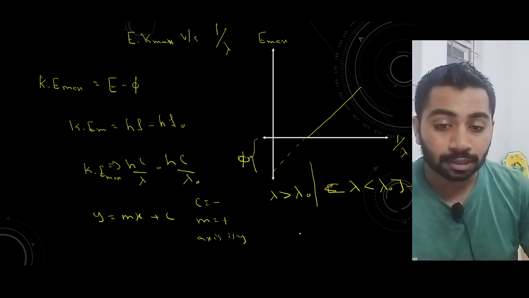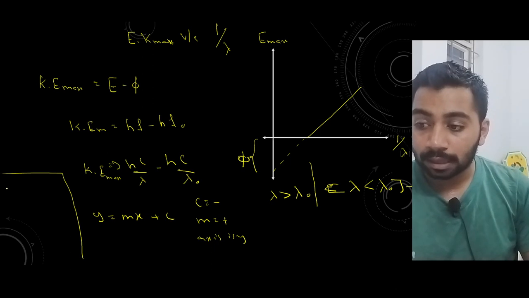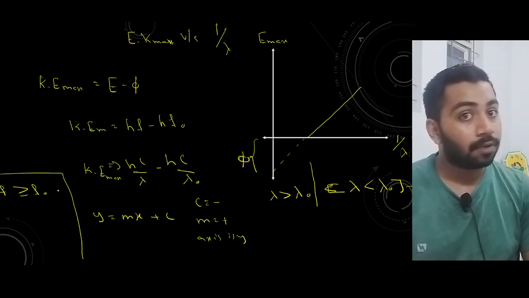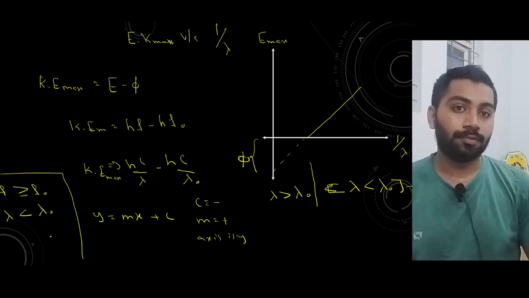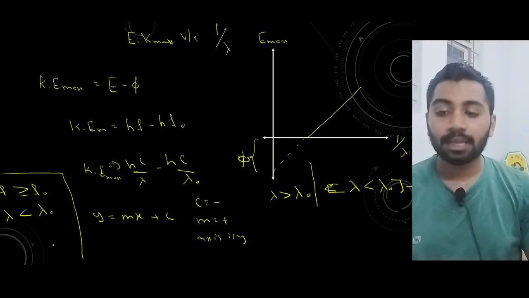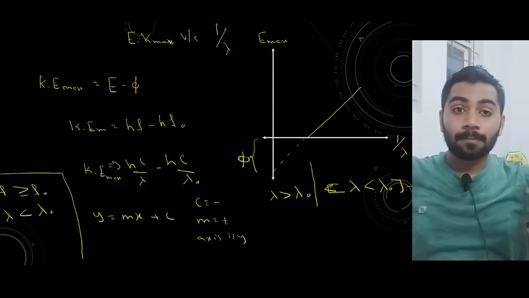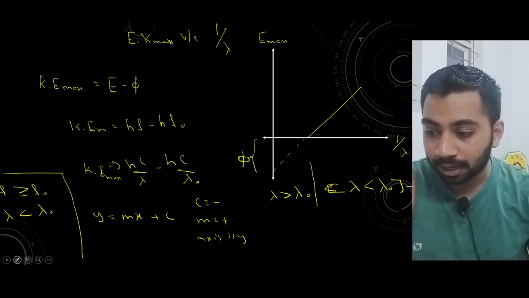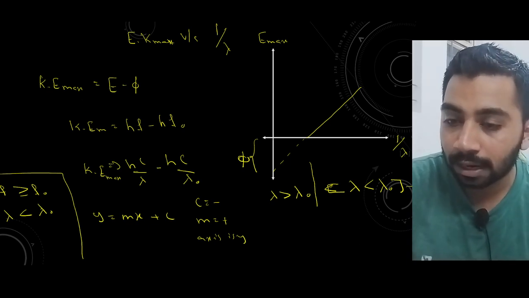Now we had one condition, I will write here in this area. We know that frequency must be greater than or equal to threshold frequency for conduction, but wavelength must be less than the threshold wavelength. Then only we can see the photoelectric effect. Now I think we got a few of our formulas, a few of our things. In the next class we'll discuss all the problems about this. We'll end this class. I think it became a very lengthy class.